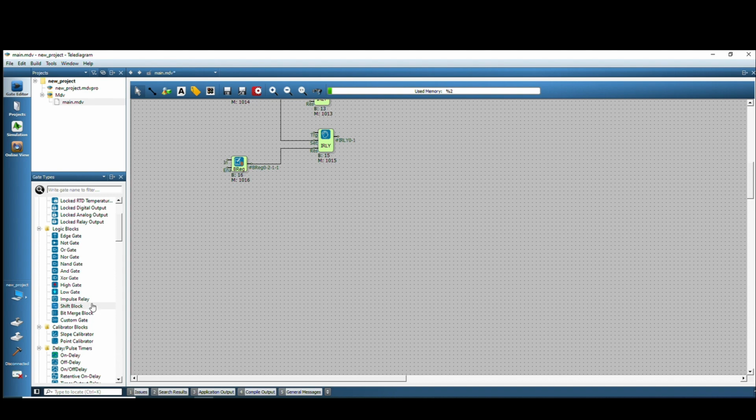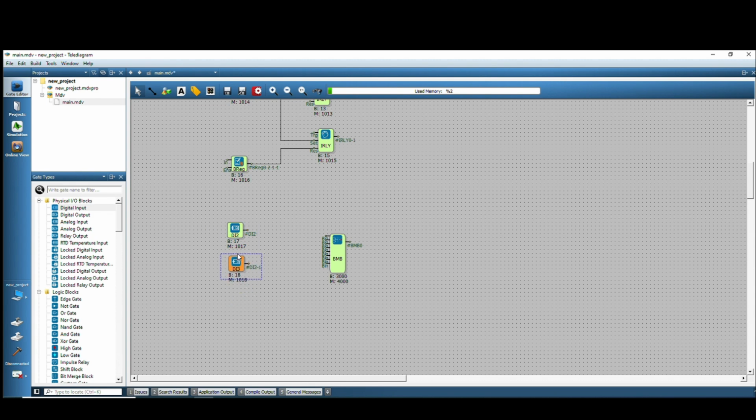Let's move on to the bit merge block. In the bit merge block, we can view all 8 bits here. The output will be active based on the values coming to these bits, the bit inputs. Let's move on with an example. For example, you have multiple digital input data, and you want to operate different points according